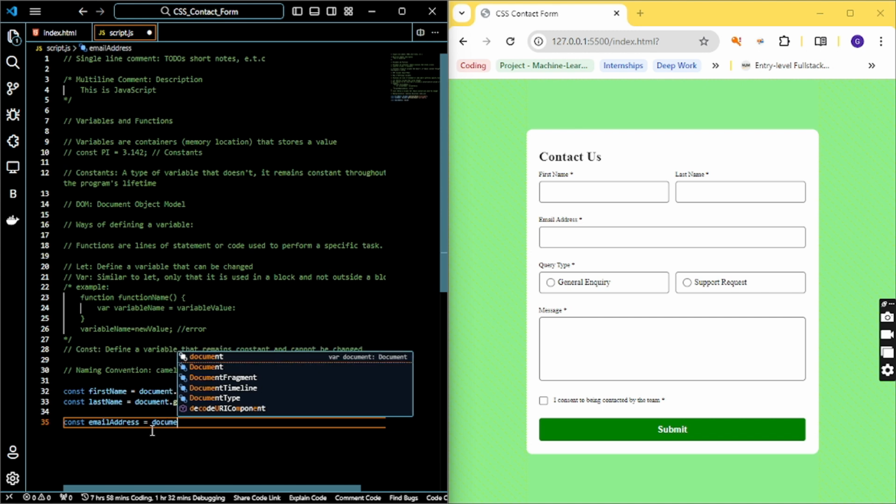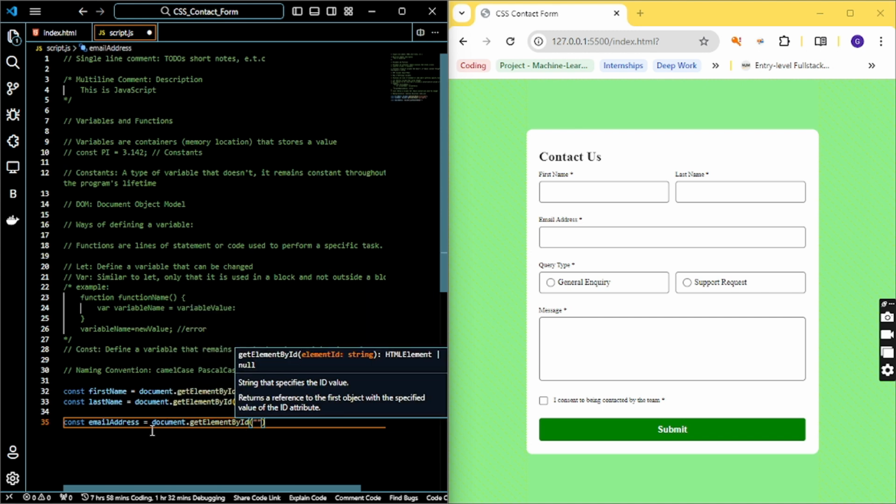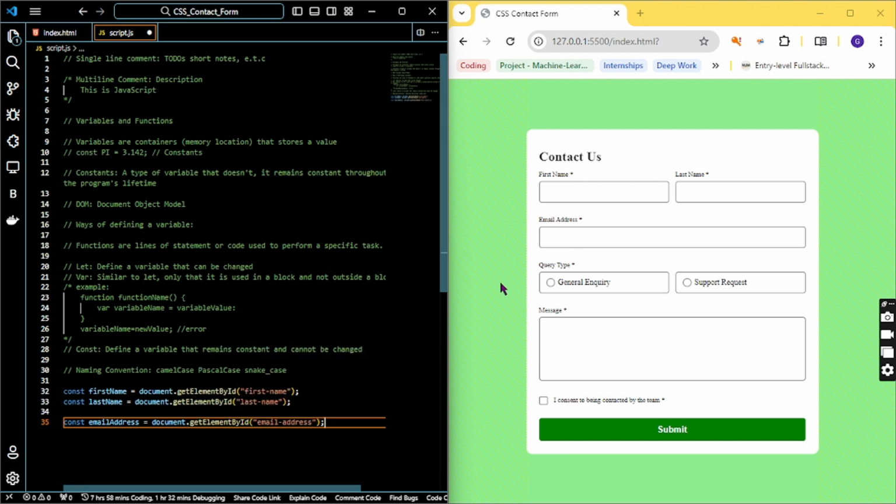Document.getElementById, and then we can put email address, right? So now we want to select this radio group. We've selected 1, selected 2, and we selected 3. Before we select our radio group, I would love to talk about console.logging your